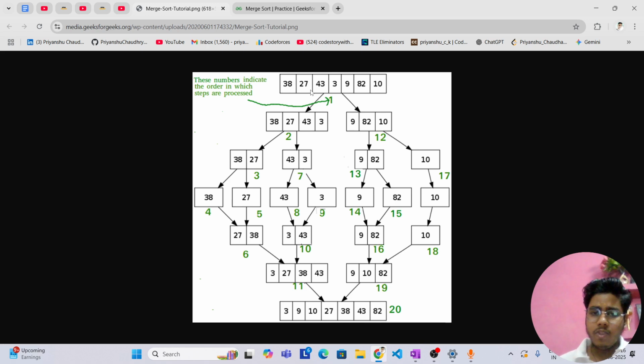So I have a real world example also. Suppose you have a pile of books and every book is numbered. Every book has a number on it, but the books are not sorted. So you have to sort them according to the numbers. Okay, so what will you do if you use merge sort?